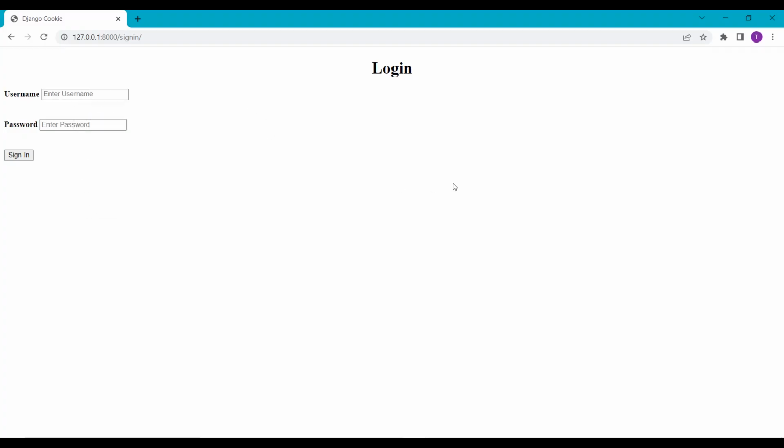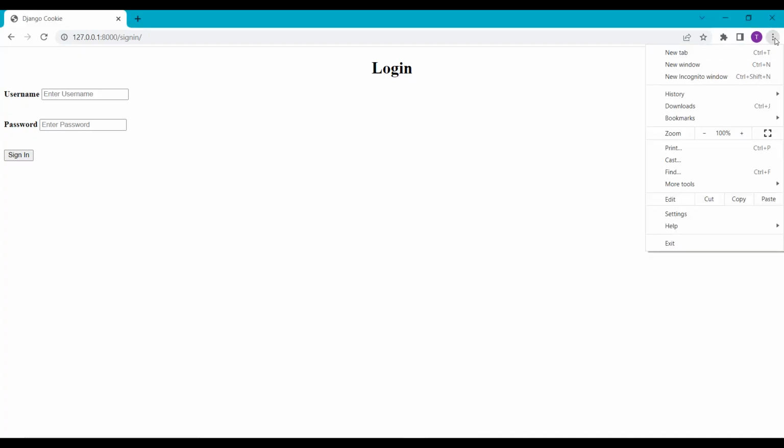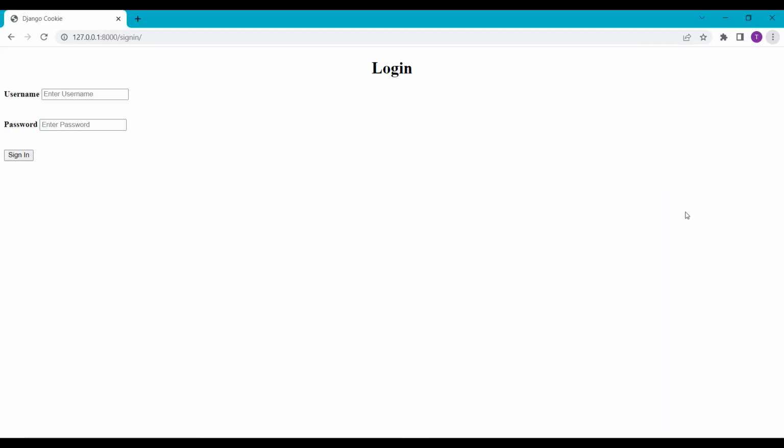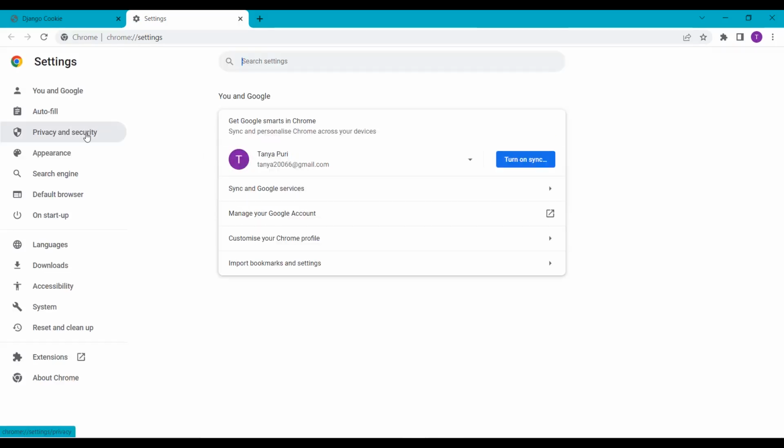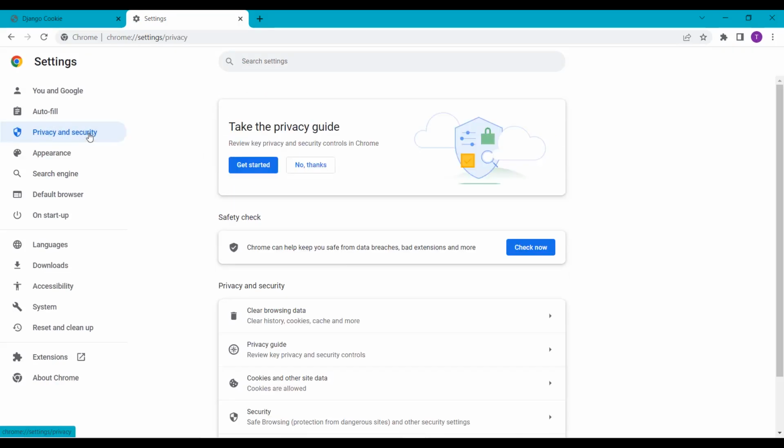Before entering the username I want to show you something. I am going to show you how you can see your cookies in your browser. For this you have to click on these three dots which are located on the right hand side of the Google Chrome browser, and you will get the settings option. You have to click on this, and after that you will get an option privacy and security on your left hand side. You have to click on